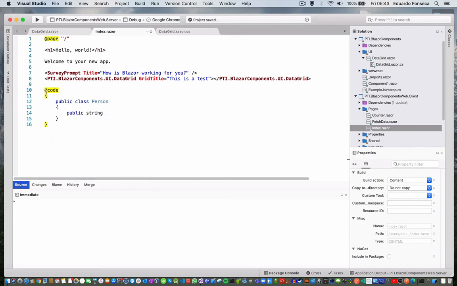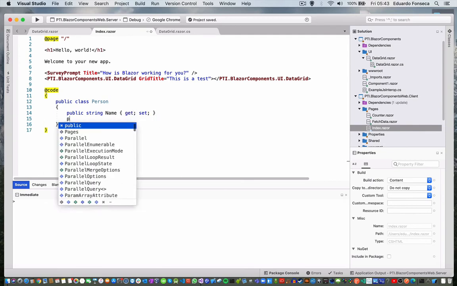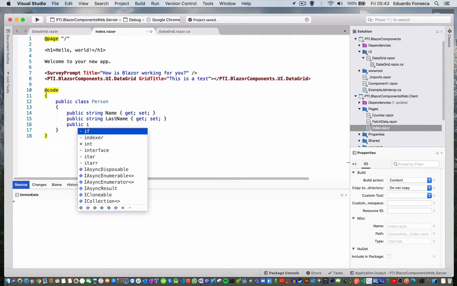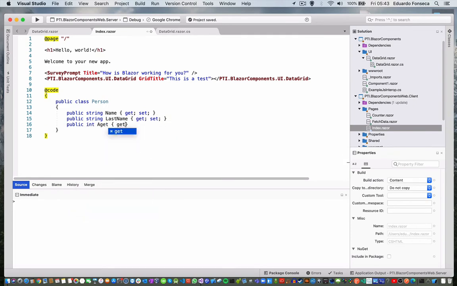Public string name, public string last name, public int age. Okay,